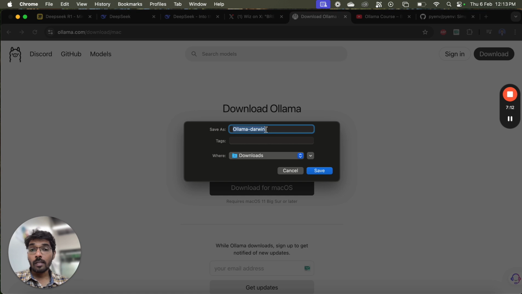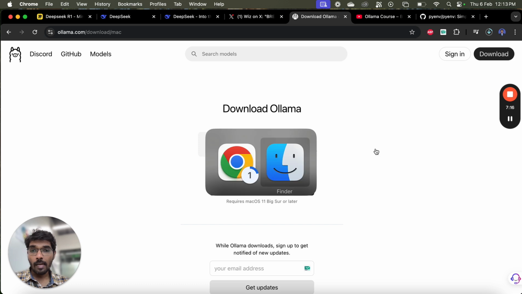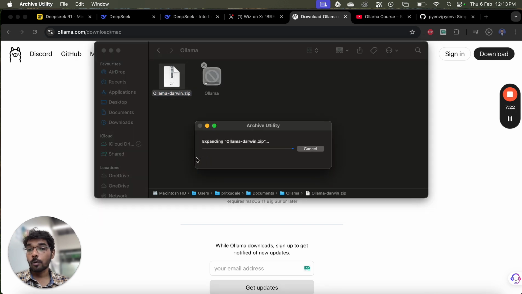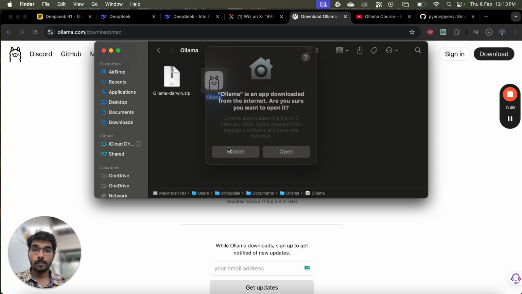This will download Ollama. We have to click on save. As I have already downloaded it, I will just open it. This is a zip file. You have to double click on it to get it extracted. Now to install this, again double click on Ollama